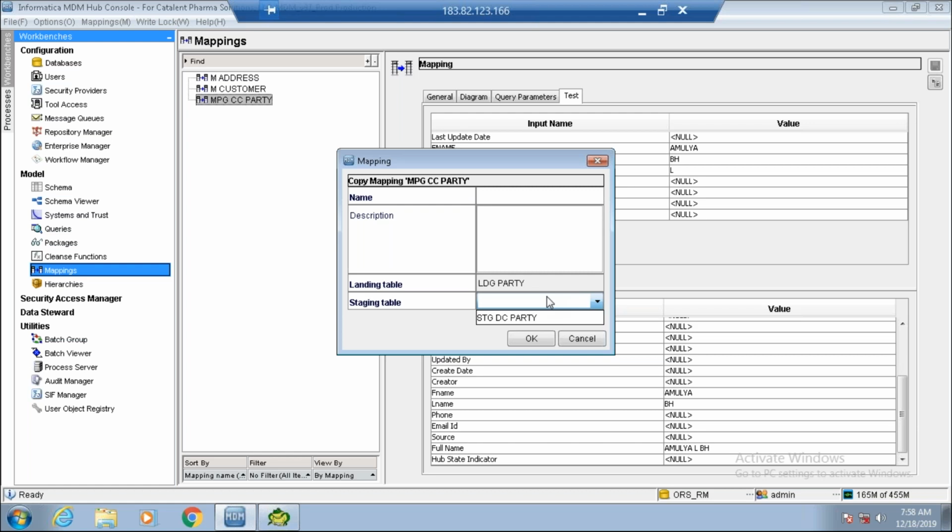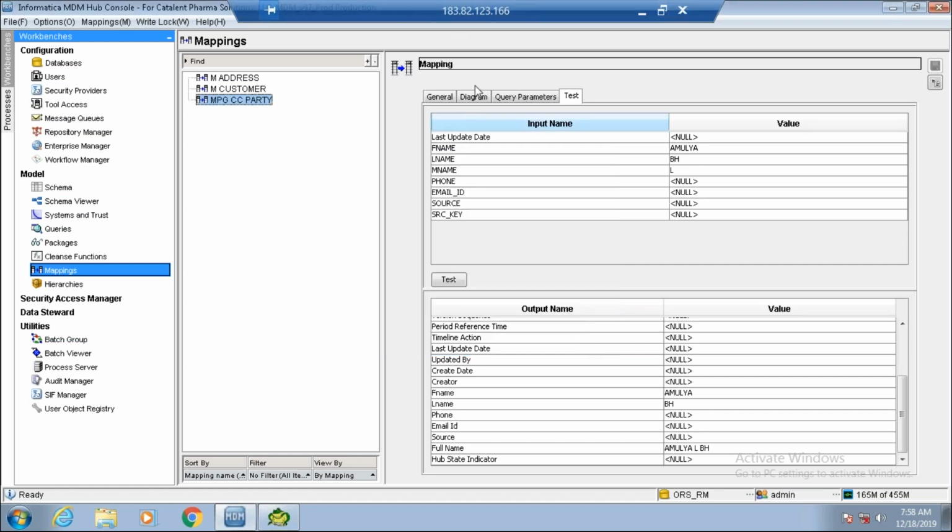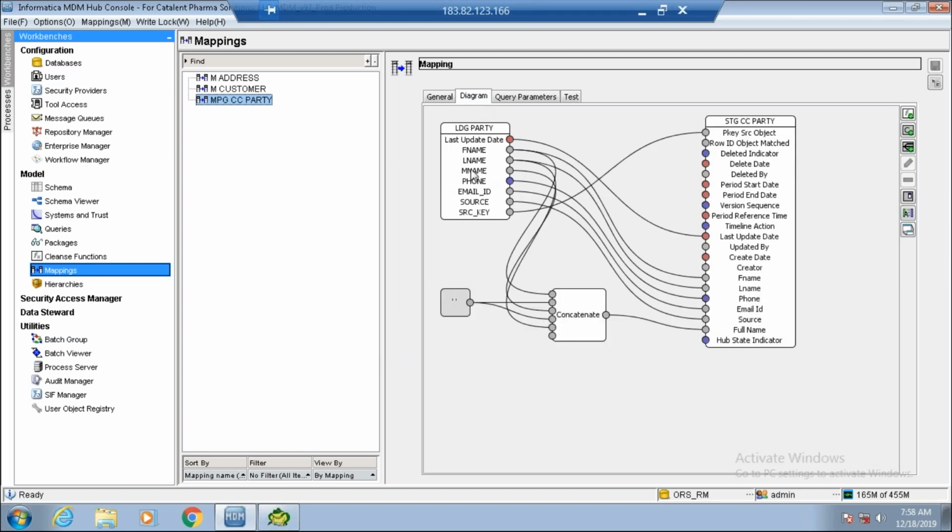Why? Because when you're trying to copy a mapping, it is always trying to check which landing table and which staging table are closely related. By closely related, it is checking these particular parameters, these names and these names. If the names are completely different, A to Z, then it may not show you like that.